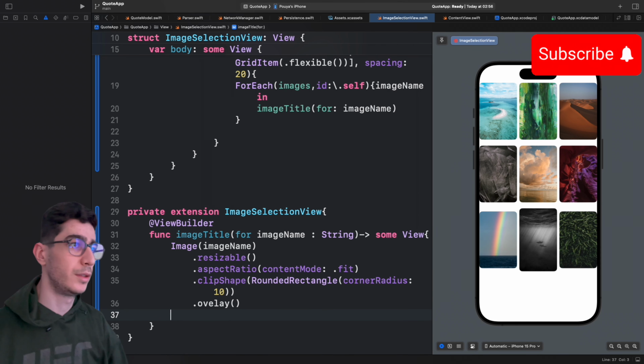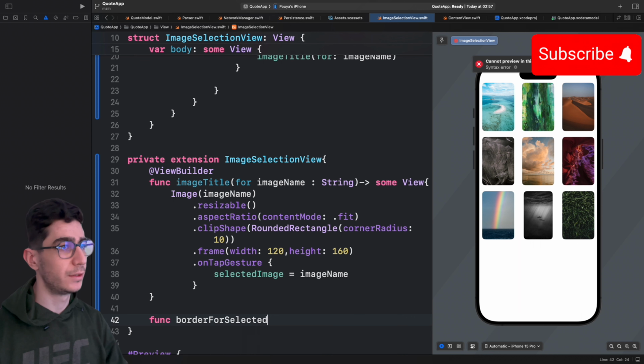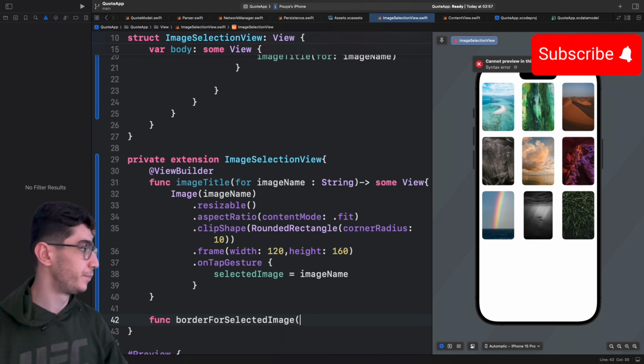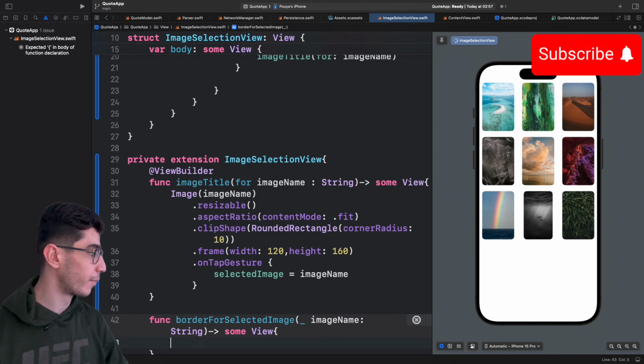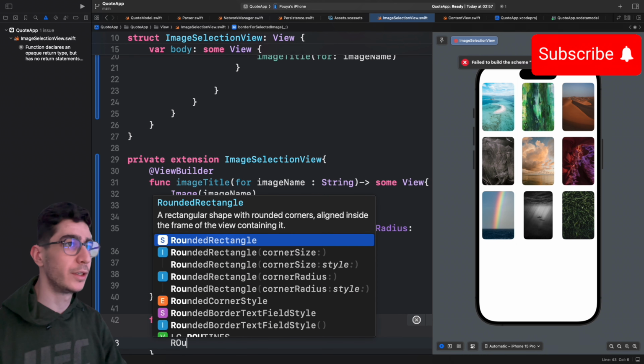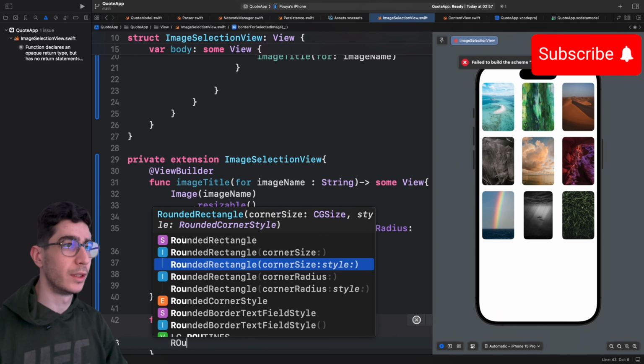So function border for selected image and the image name, a string type here, and it returns some view here. And here we have a rounded rectangle and the corner radius would be 15, and we have that stroke,